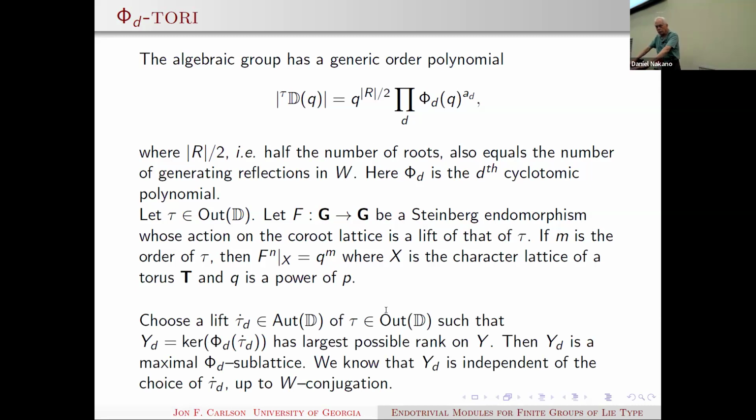So now we want to get more specific. We pick out a field L. We sort of look at the